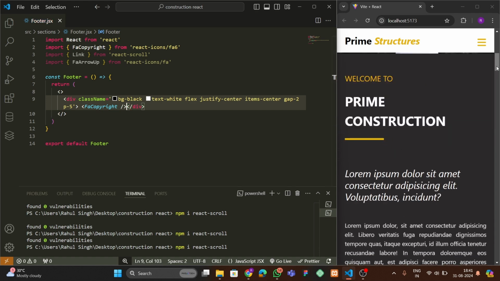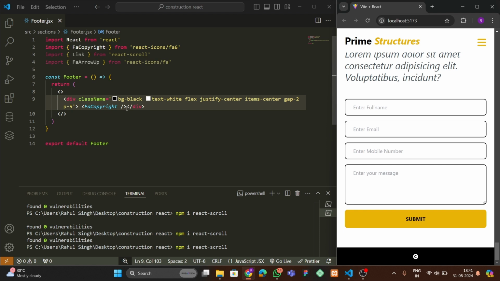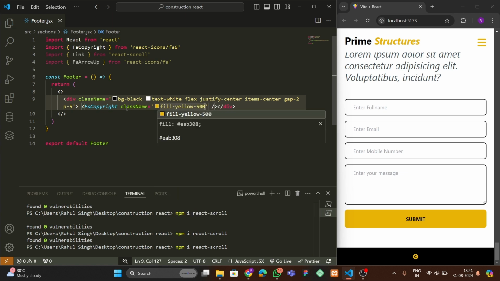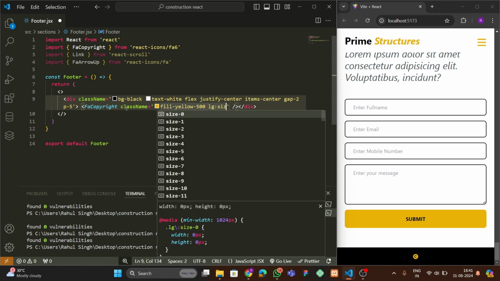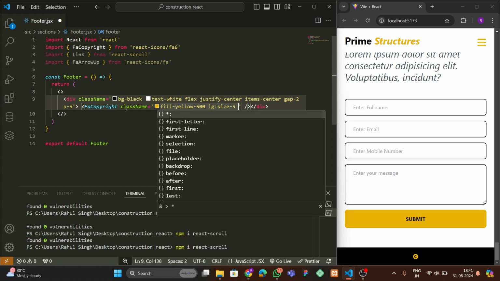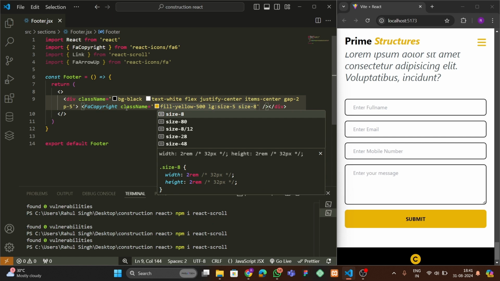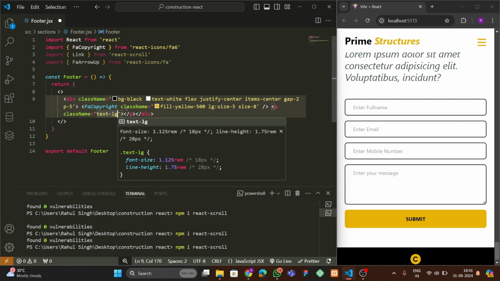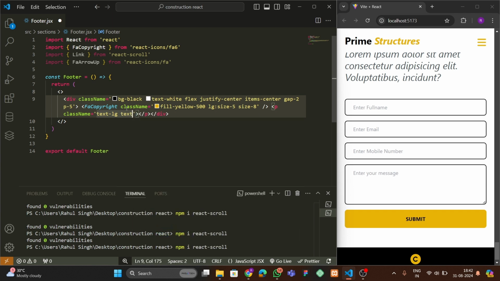Okay, let me go below, and here you can see that we have this copyright icon. Then after that we can style this also. So let me give fill yellow 500. Then for the large devices size would be 5, and for the small devices size would be 8. And after that we have a p tag here. So let me give some styling, text-lg, text-center,